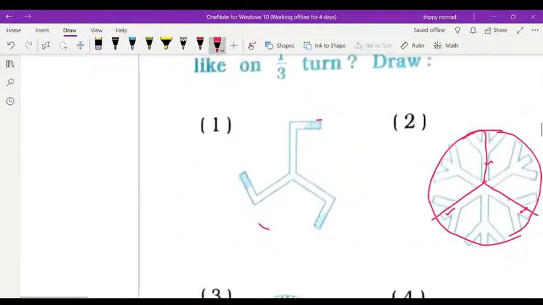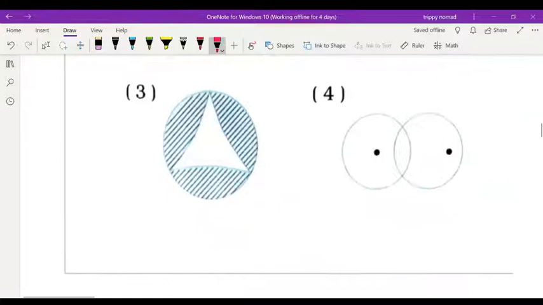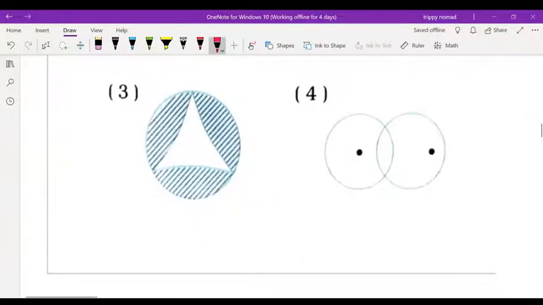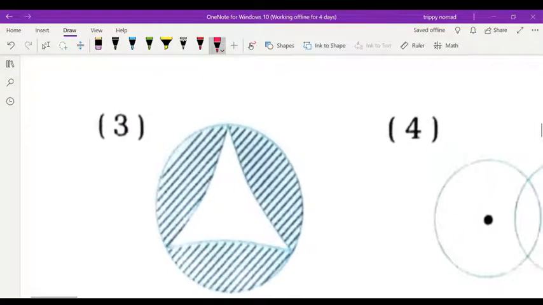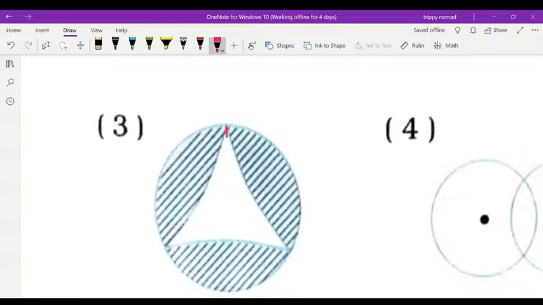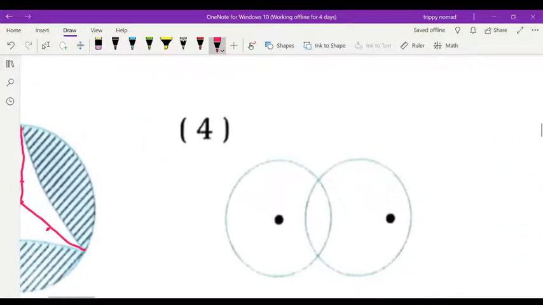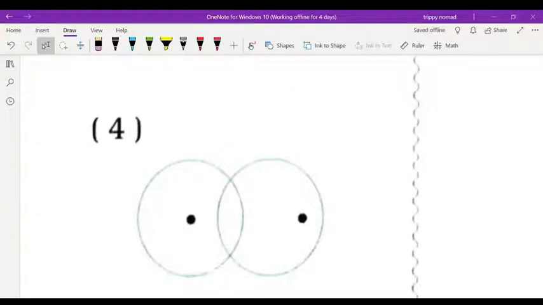And in the same way children, you have to think like that and move. Here also you will see that. Already from the figure you are getting an idea. If you rotate, this will come here, this will go there. All the three sides will move and come back to their original position. So again there will be no change in the third figure.